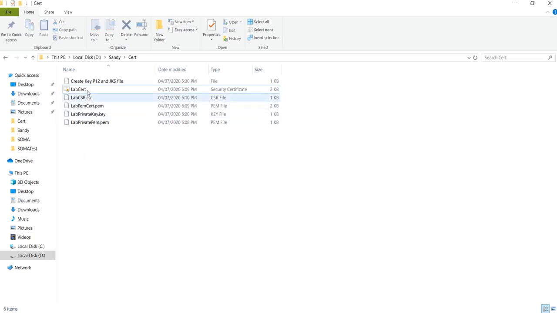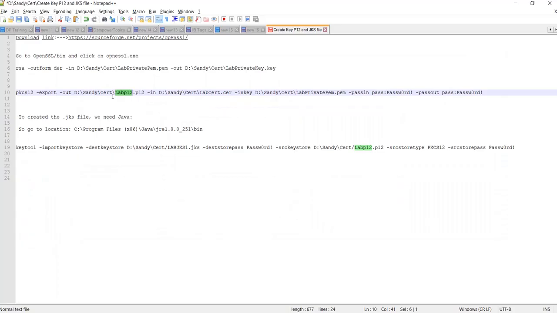To generate the .p12 file, we shall have the certificate file and the private PEM file. We also need to pass a password, because every p12 or .pfx file shall have a password. Here I am keeping this password to generate my p12 file. So let's copy this command.